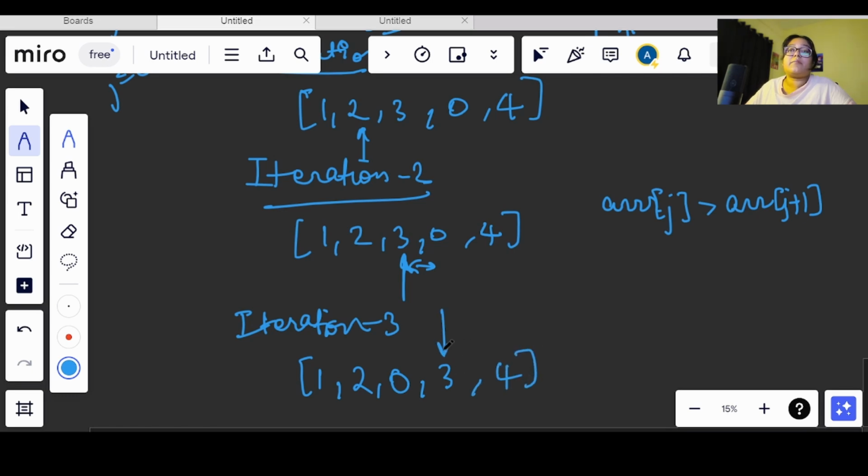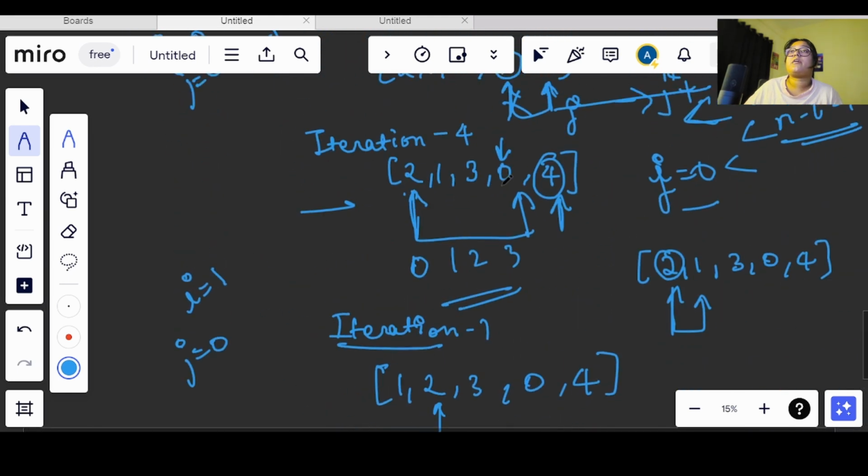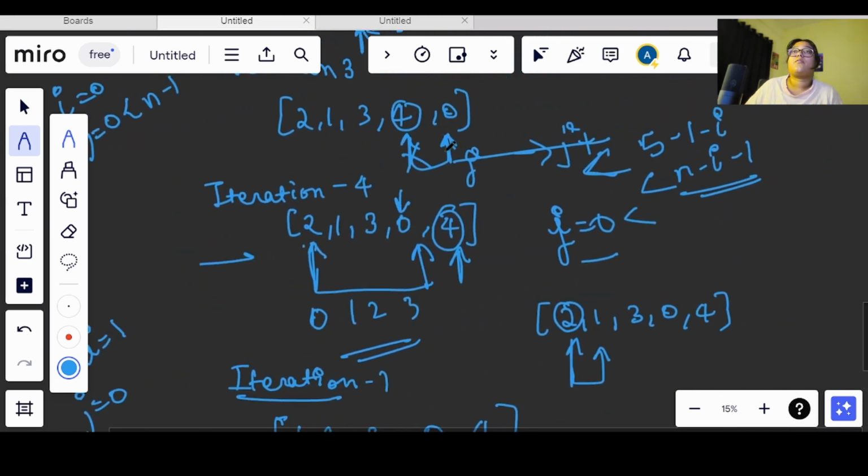Now again we are seeing the same thing. The second largest element has reached the second last position of the array, which means that if we are iterating till here only, this should be the last comparison. We don't need to compare after that. So after every iteration, we are reducing it by the ith number, right? Here, till where we were checking, we made one comparison for this, then for this, then for this, and again for this. So we made a total of 4 comparisons, right?